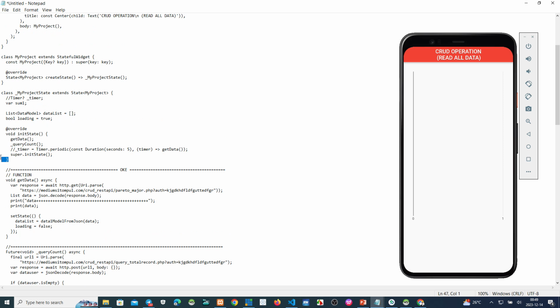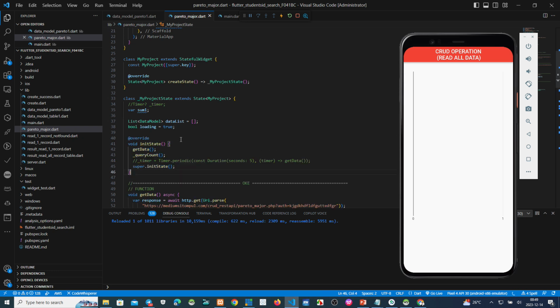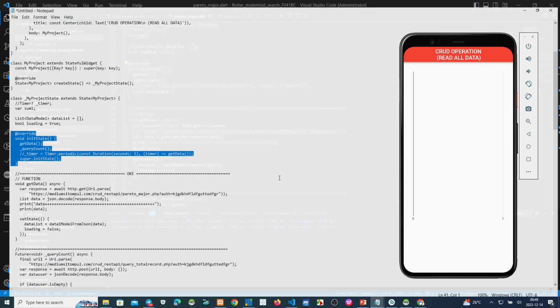The name is initial state. Okay, we run this, copy. This means run this get data function. This is the get data function. We run this here, and also we run this query count.